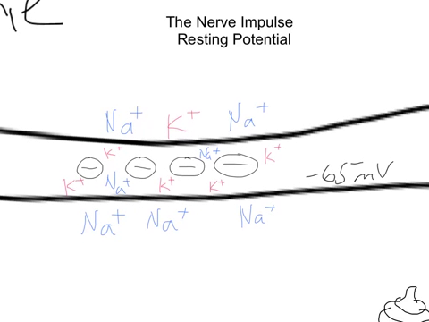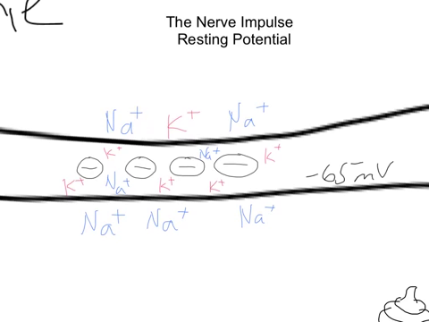So here in this axon, there's a higher concentration of sodium ions outside the membrane and a higher concentration of potassium ions inside the membrane, as well as large negatively charged organic ions on the inside. Overall, what this creates is a negative electric potential on the inside of the axon compared to the outside, with a magnitude of negative 65 millivolts. Right now, it is ready to carry